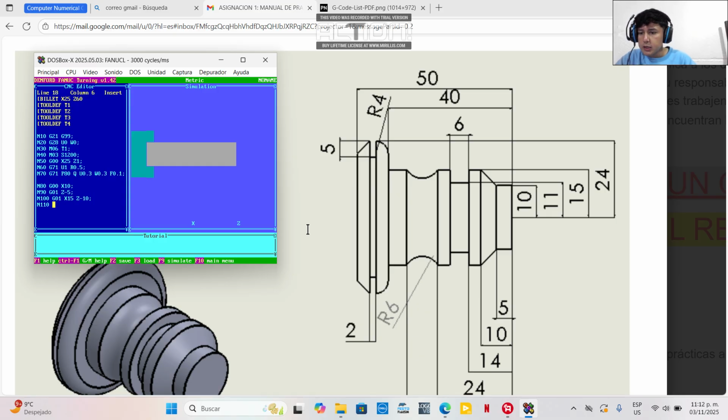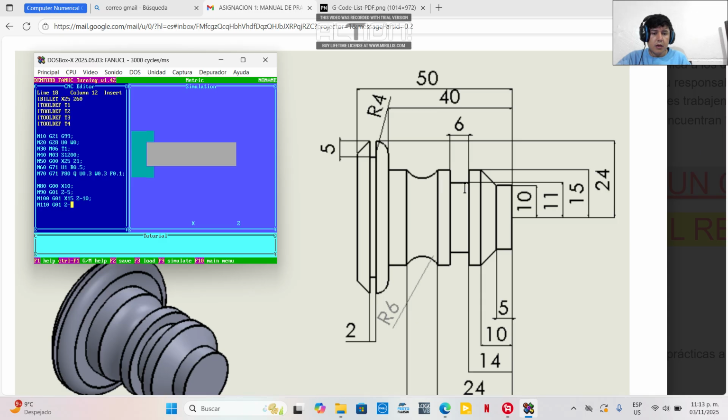After that we do the next line, that is G01, and G01 is used to do a linear movement. We are here, on this point, that is 15 and -10, so we need to go to the 15 -14. In this case we don't need to put the X-axis, so we can put just the Z-axis, that is